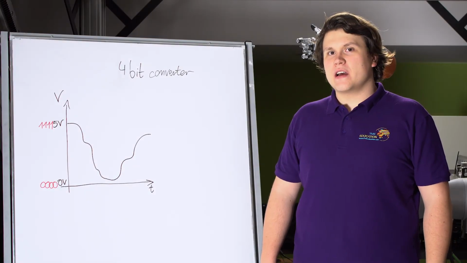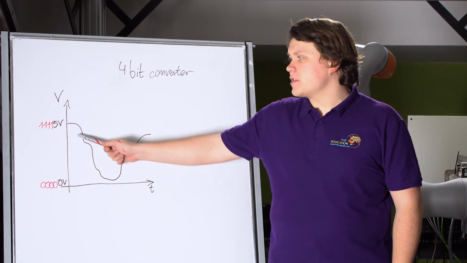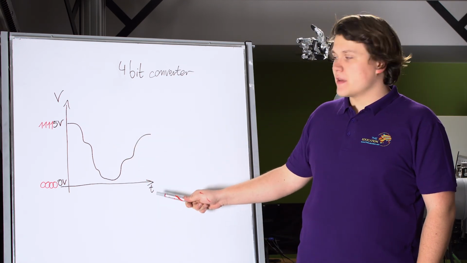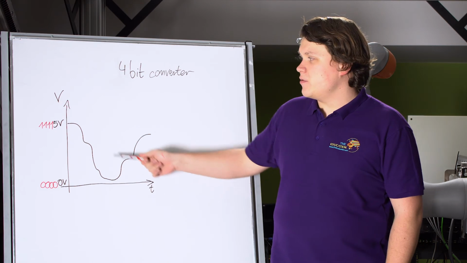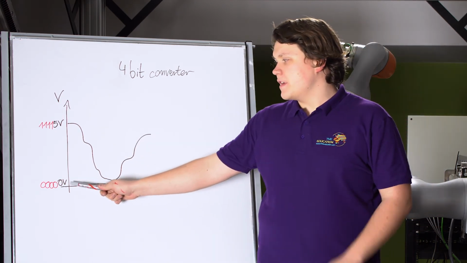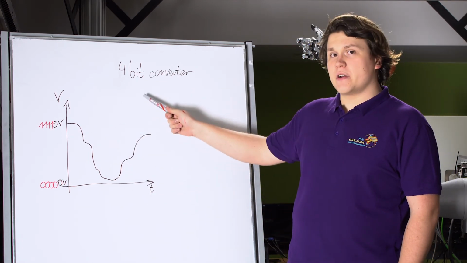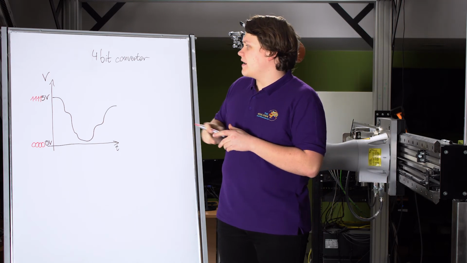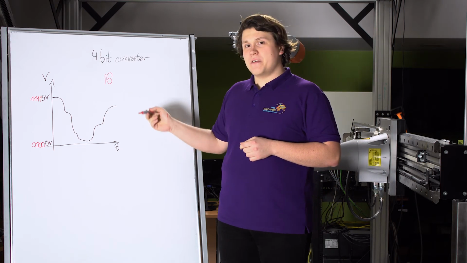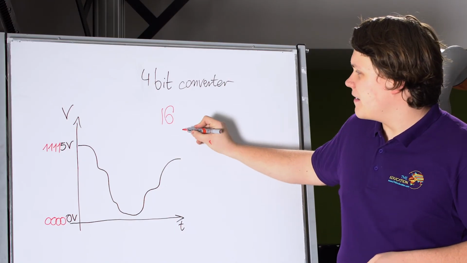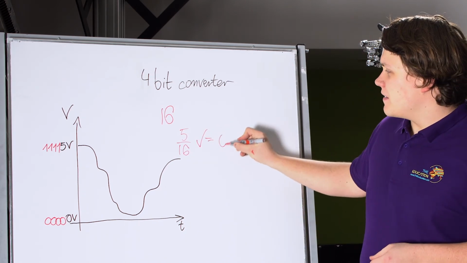Okay, now we will learn how converters work. Here we have a voltage characteristic. We see that the voltage has a different value at every moment in time. So how to change that voltage into a digital number, or a digital number into that voltage? Our minimum voltage is 0 volts and the maximum voltage is 5 volts. We have a 4-bit converter, so it has 16 different states. So every state can represent 5 divided by 16 volts, so it is around